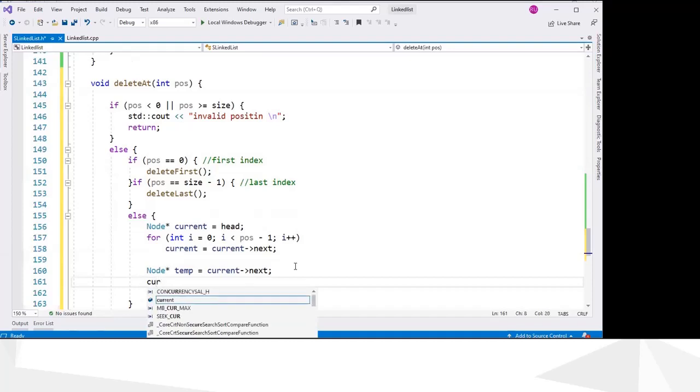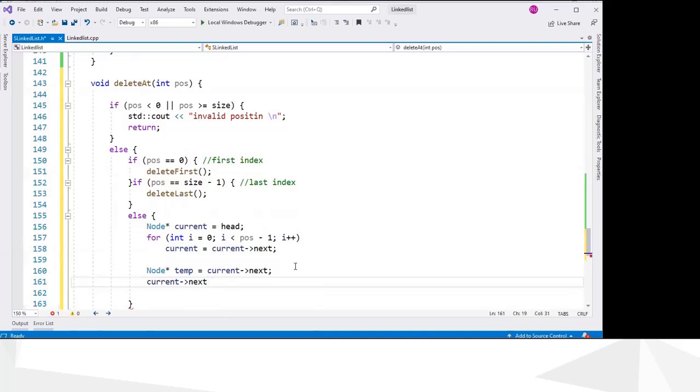So from current we have to skip the temp node and move to the next node. So this is temp next. So we can do this, current next equals current next next.